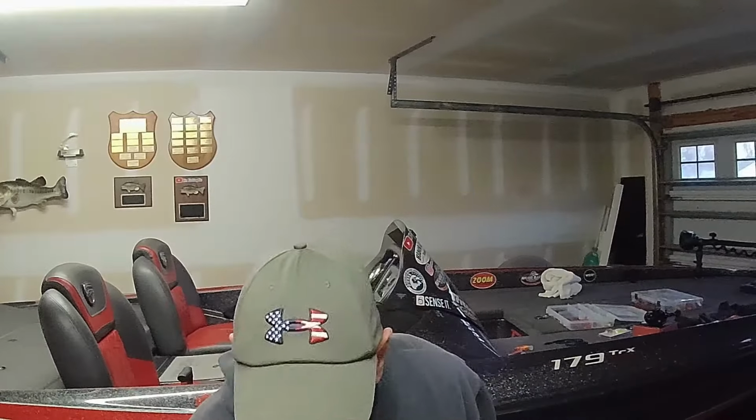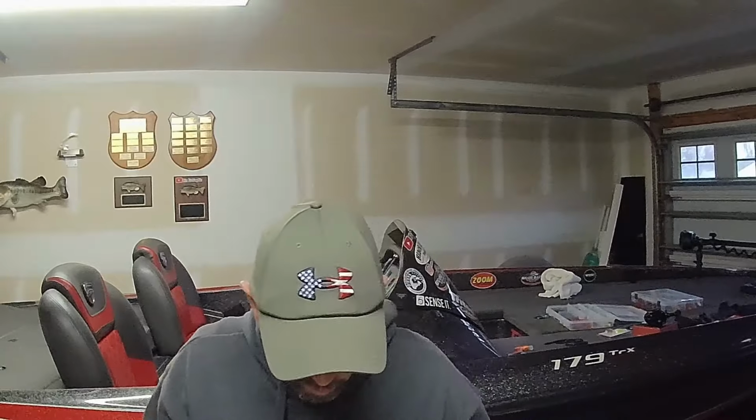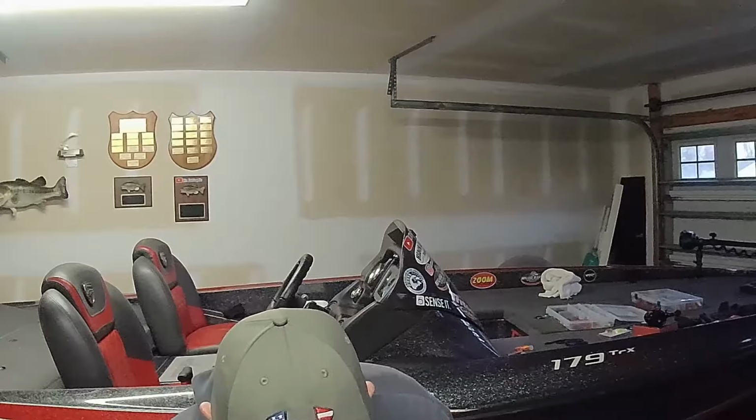But the JJ's Magic is really good, the chartreuse. This is something I found a few years ago. It's also made by Spike-It. And this is called Electrochrome Blade Dip. And this stuff is really good for, let me show you one. If you're trying to color a spinnerbait blade,